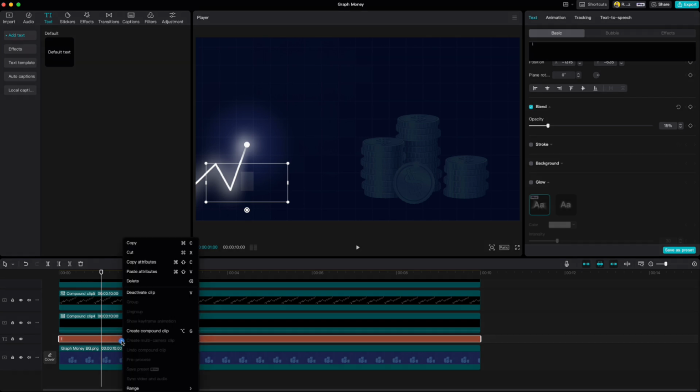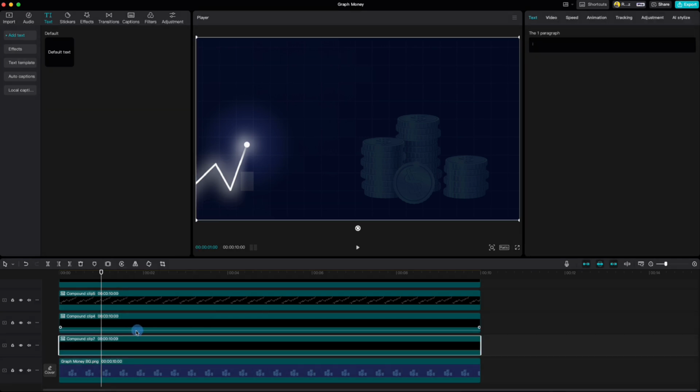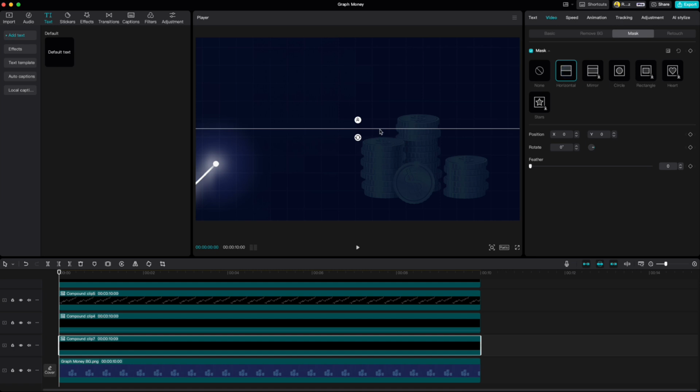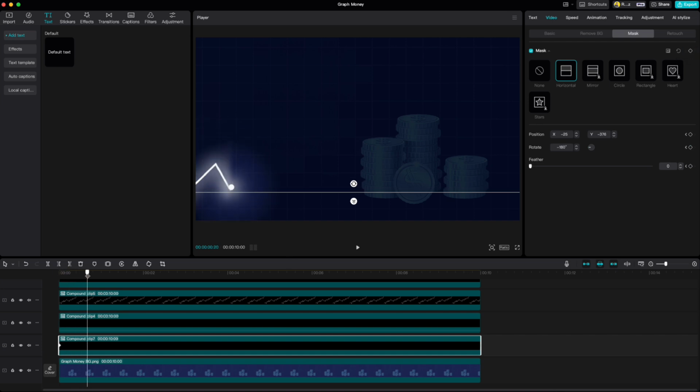Right click and create a compound clip. Move your playhead to the beginning, go to the video, mask and choose horizontal. Pull it down and rotate it so you don't see the column. Click keyframe on mask, move playhead to the second peak and pull the mask up so you reveal the whole column. Then duplicate the same column,